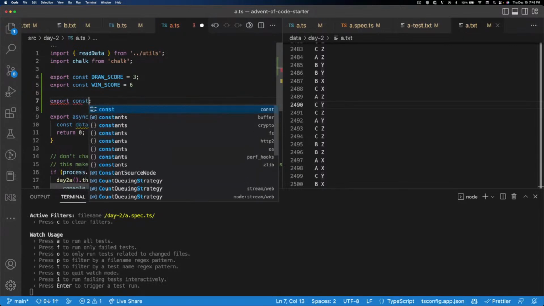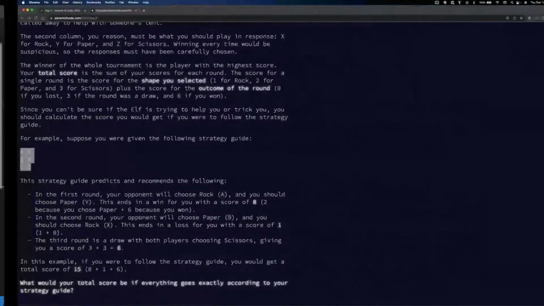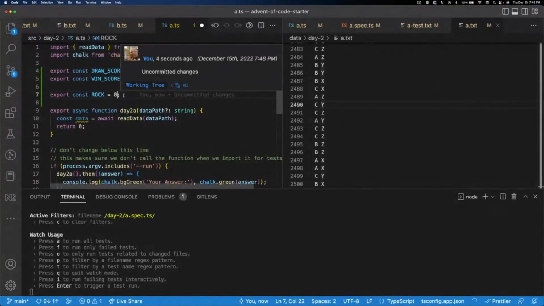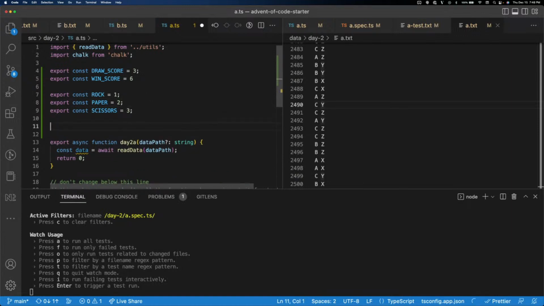Sport const. So this was really, I guess there was numbers for each one of the different symbols too. So rock. What was rock? 1 for rock, 2 for paper, 3 for scissors. Okay. And